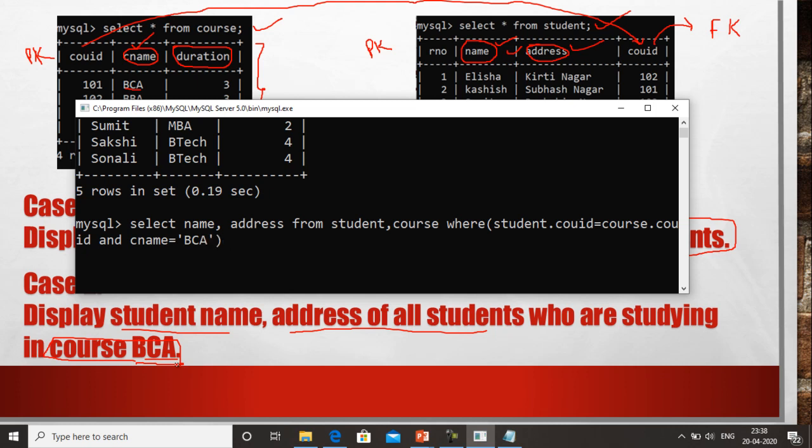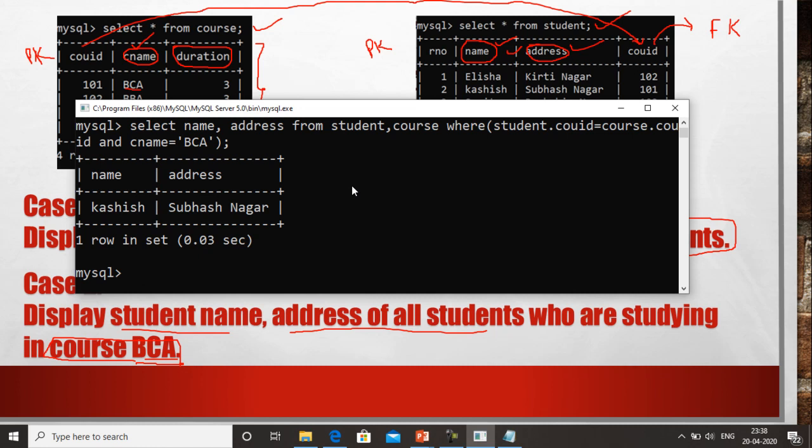Okay, so we have written this command, and because we have specified course over here, it is not showing me any error in this case, because CNAME belongs to the course table, and I have already specified the name of that table in the table list in this command. So when I press enter, I will get the record showing that only Kashish studies in the BCA course.